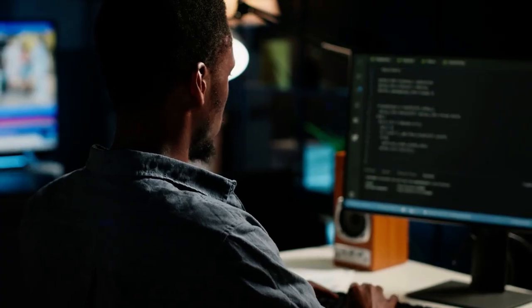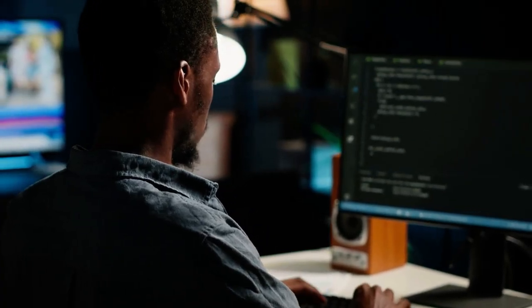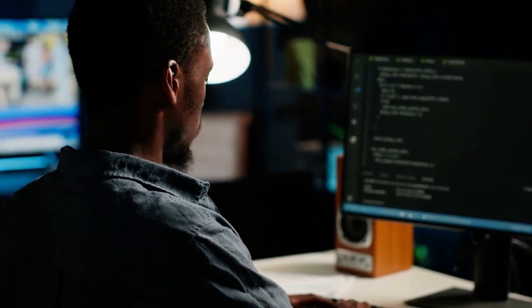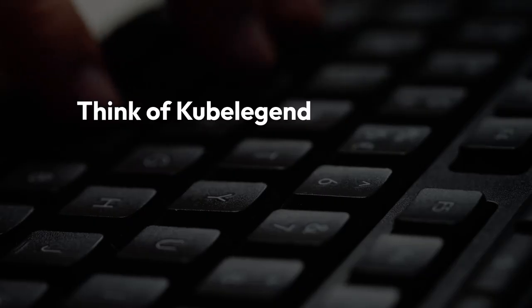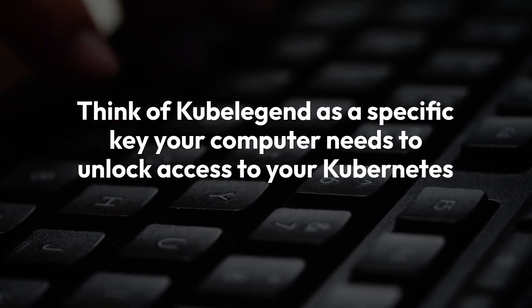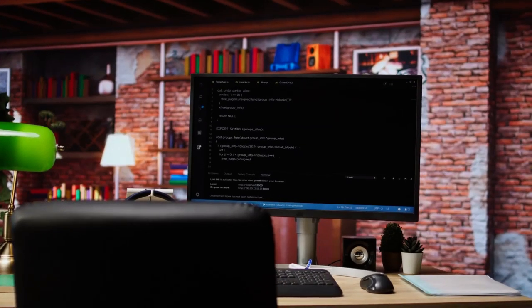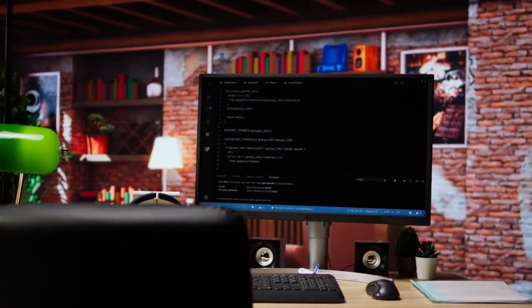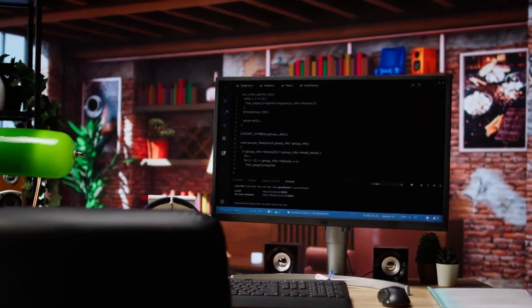This error means your kubectl command needs a special tool called kubelogin to authenticate with your cluster, but it simply cannot find it on your system. Think of kubelogin as a specific key your computer needs to unlock access to your Kubernetes cluster. Your kubectl command knows it needs this key, but the key isn't in the right place, or perhaps you haven't